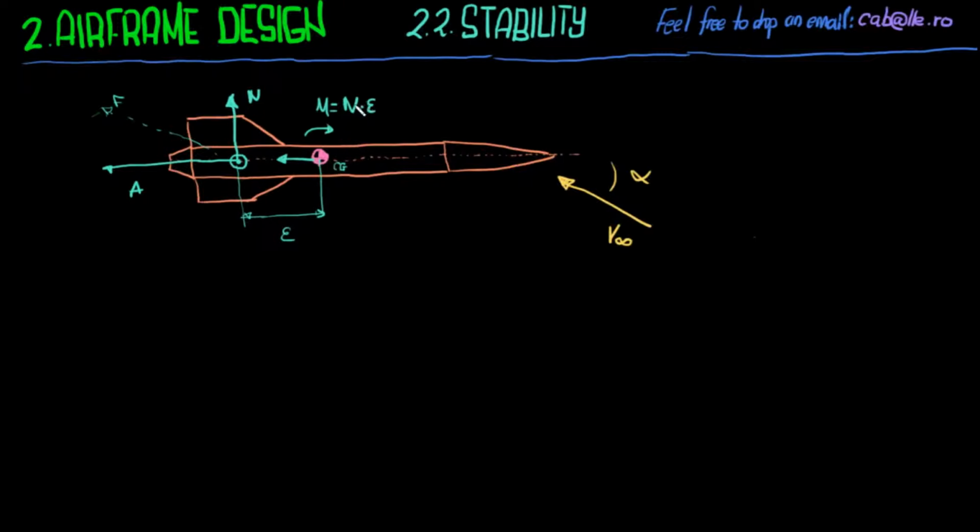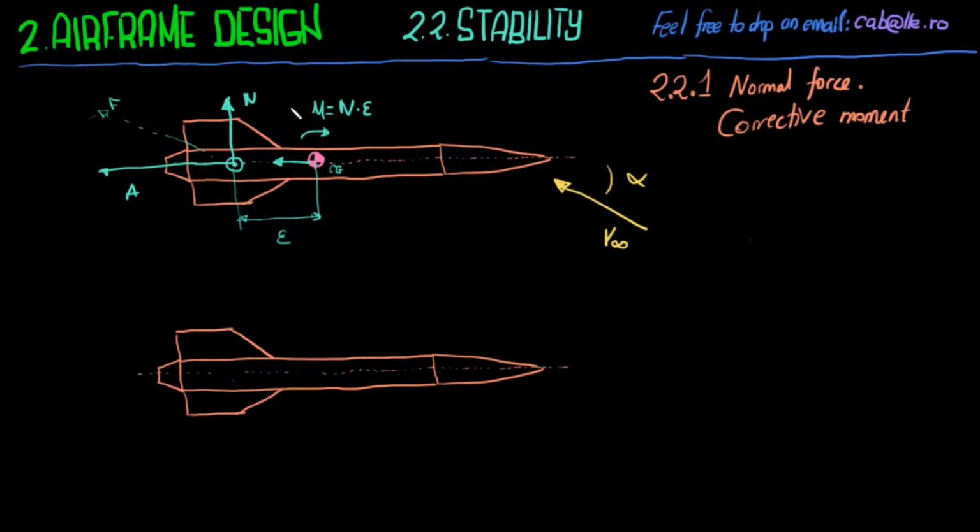All right, so the only moment we have here right now is the one due to the normal force. So the goal here is to understand how this normal force restores the rocket. So that's really all there is to stability. But as you'll see, there's a lot of juice you can get out of here. So it seems like a simple problem, but it isn't. And so the first thing we've got to do is predict the normal force